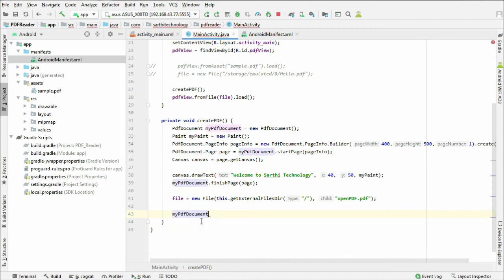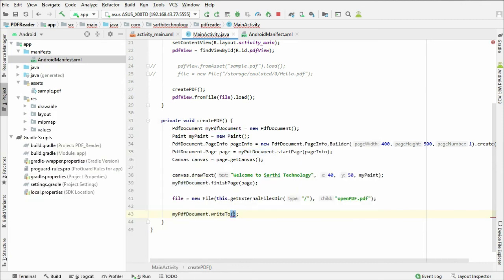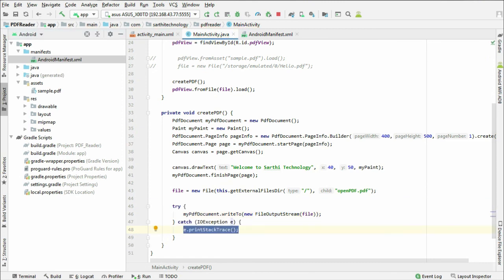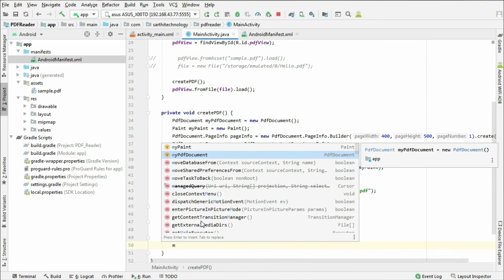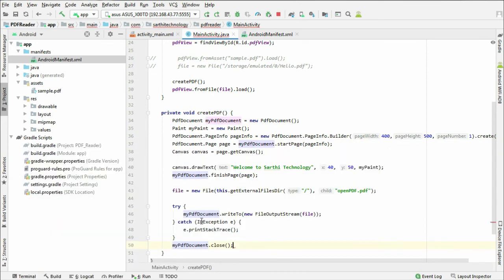My PDF document dot write to new file output stream file. Okay, press Alt Enter here, surround with try catch, and at the last my PDF document dot close.